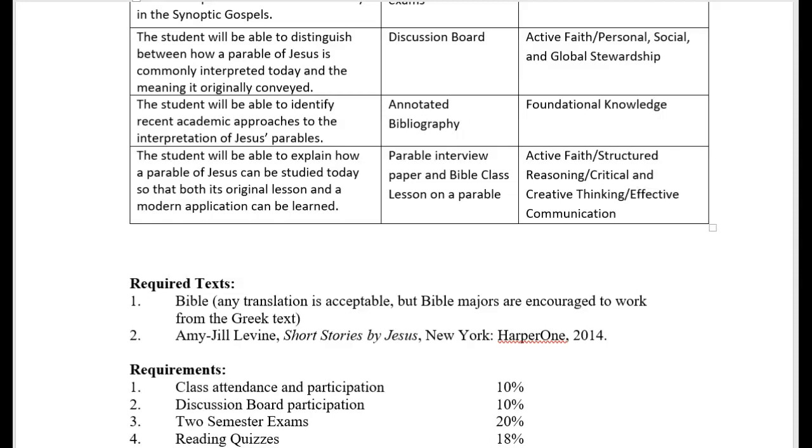This is a Jewish New Testament scholar who teaches at Vanderbilt, and she draws in some unique perspectives about how these parables have oftentimes been used, particularly within the Christian tradition, and what oftentimes Christian readers of these parables by a Jewish teacher may be missing. Now, there's not everything in Levine's work that I would necessarily agree with. I don't have students read books just because the author says everything I agree with, but something that we can talk about and discuss as we're trying to understand these parables.